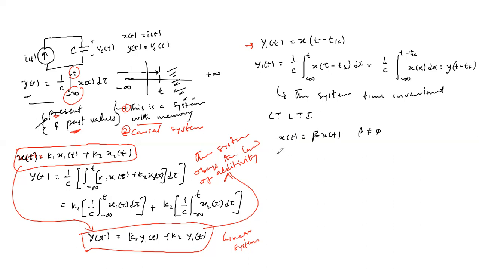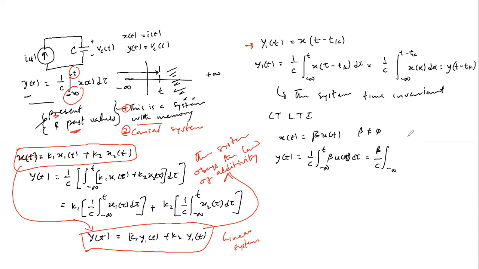So then, y of t will be the same as 1 over c integral negative infinity to t beta u of tau d tau. And this is going to give us beta over c integral to infinity. Now, take note that